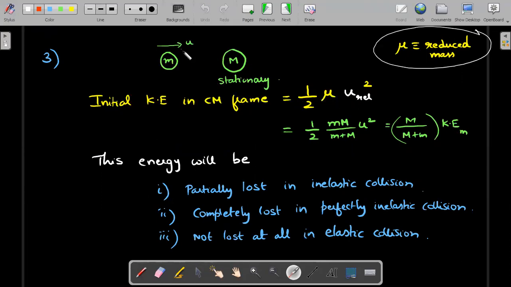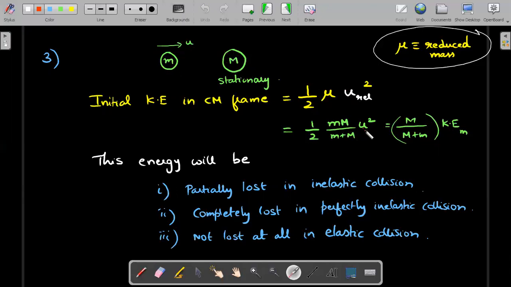I think you need to know the velocity of center of mass. VCM is (m1 v1 plus m2 v2) divided by (m1 plus m2). In that frame you can calculate this velocity, but then it's a big calculation. I think you should be remembering this, a very important formula even in the collisions chapter. Okay, so the value of reduced mass is mM by (m plus M), and in this simple problem, because this is stationary, relative velocity is simply u.